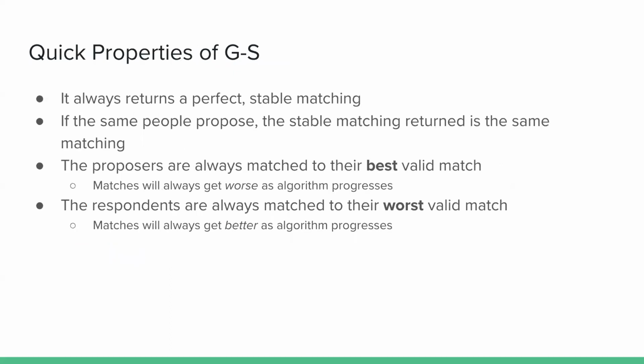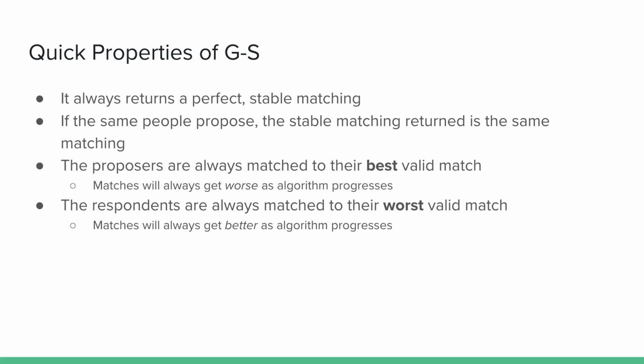Okay, properties of Gale-Shapley. It always returns a perfect stable matching. If the same people propose, then the stable matching is always going to be the same matching. That's also really important. The proposers are always matched to their best valid match, but their matches are always going to get worse as the algorithm progresses. So this can be kind of confusing. What that basically means is that out of all of their valid matches, they're going to get matched their best one, but as it progresses, right, they're going to have to go down their preference lists in order to find